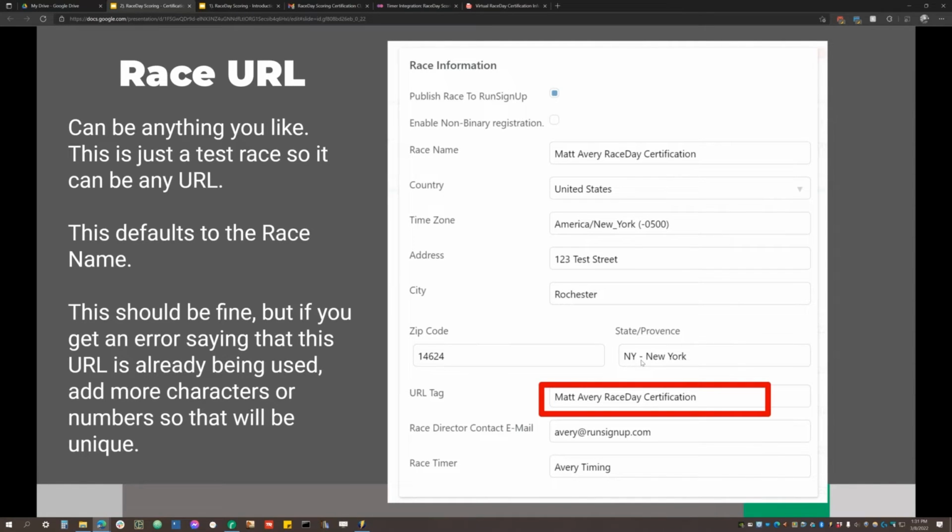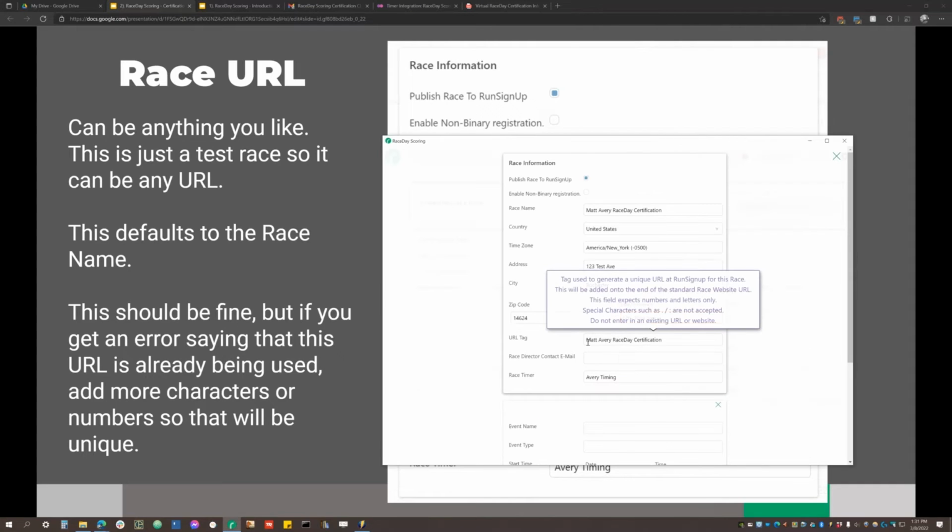Okay, next we're going to add in the URL tag. The URL tag is basically when we create a race on RunSignup, it creates a URL for this race that you can go to visit the results page. So you're not putting in the website of this race, like www.mattaverysrace.com. You're putting in some text that's going to be added on to the URL at RunSignup when it gets created. So by default, it just puts in here